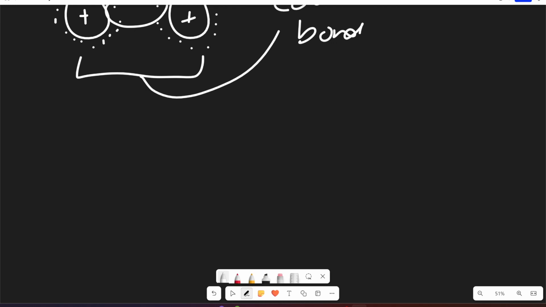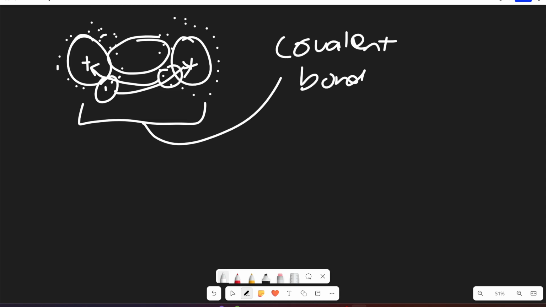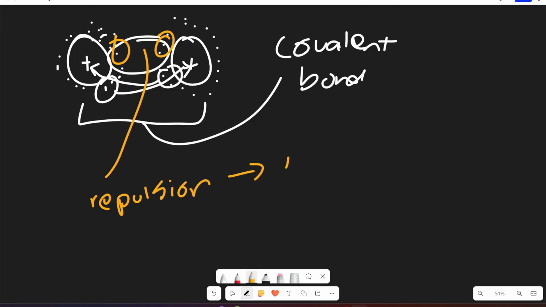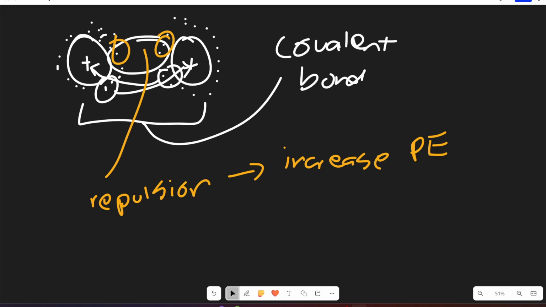Like I said before, these electrons here are going to just be attracted to that nucleus there, and these electrons here will be attracted to that nucleus. And essentially what ends up happening in a covalent bond is that these two electron clouds essentially want to repel each other. So right here there's some repulsion going on, and what this ends up doing is that it ends up increasing our potential energy,